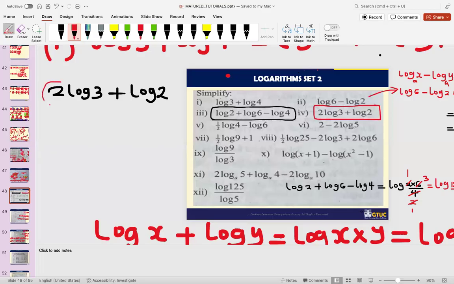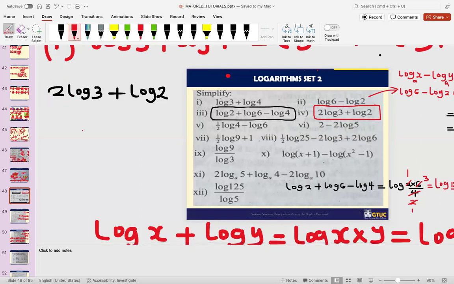This 2 here is worrying us because the moment you have a number at the back of the log, it means we cannot apply the laws. Because all the laws we were applying, we normally have the log without a number at the back. So our first thing to do is to see how we can clear this 2 from there,